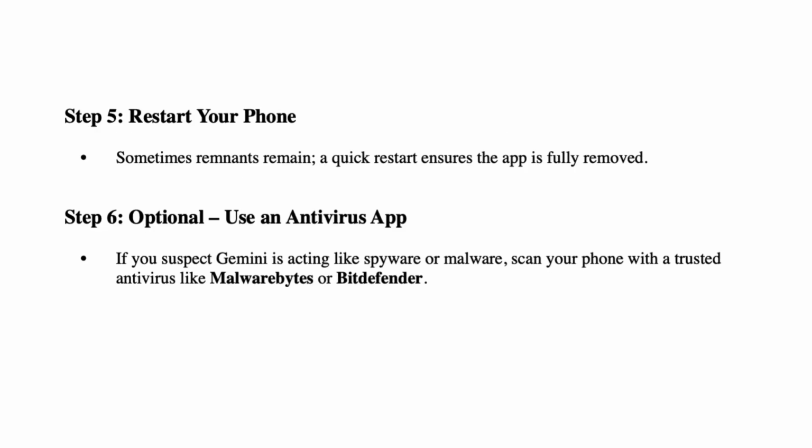Step 5. Restart your phone. Sometimes remnants remain. A quick restart ensures the app is fully removed. Step 6. Optional. Use an antivirus app. If you suspect Gemini is acting like spyware or malware, scan your phone with a trusted antivirus like Malwarebytes or